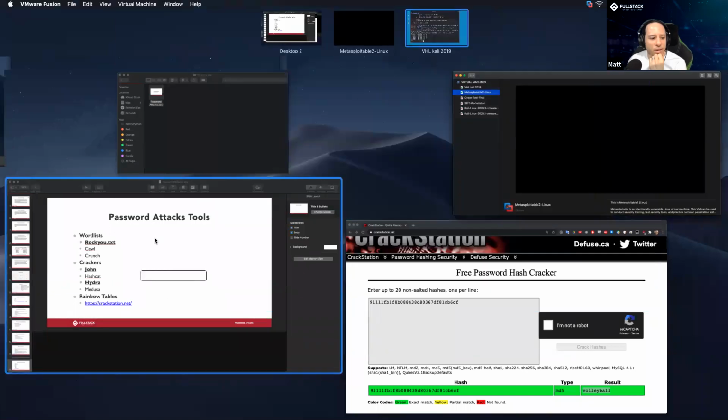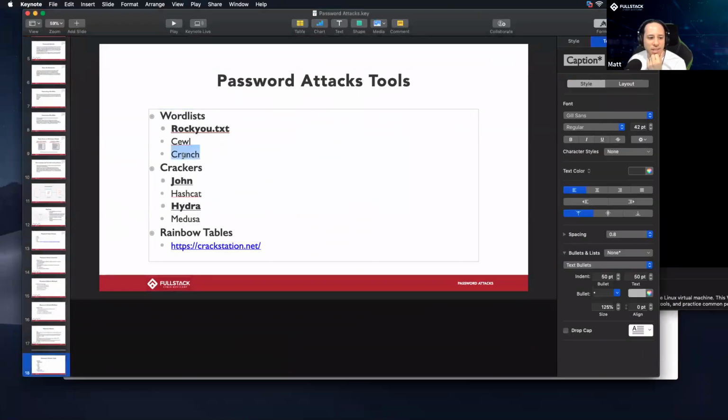All right. Next tool we want to talk about. Crunch is one you would use. You'd take this word list from Cool and pipe it to Crunch. And Crunch has a bunch of options to modify your word list, like I said, add numbers to the beginning or end and stuff like that. I'm not going to demo this one, but you can take a look at it.